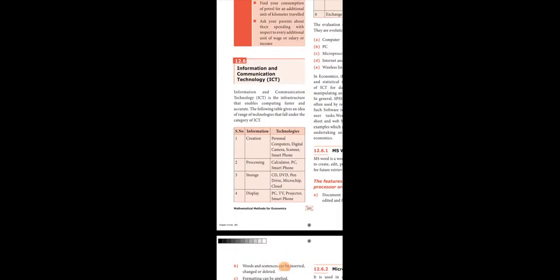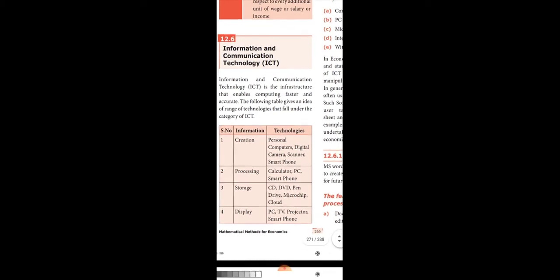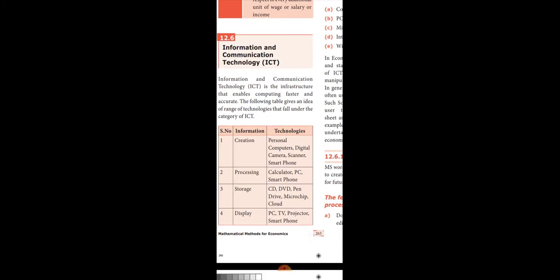The next topic we need to learn now is information and communication technology. What is the role of ICT, information and communication technology? How it enables economic analysis. Now, everywhere we could understand the role of computers and information technology, and how it enables computing to be very fast, and we get accurate information only with the help of all these technologies. Now, what are the contents of this information technology?